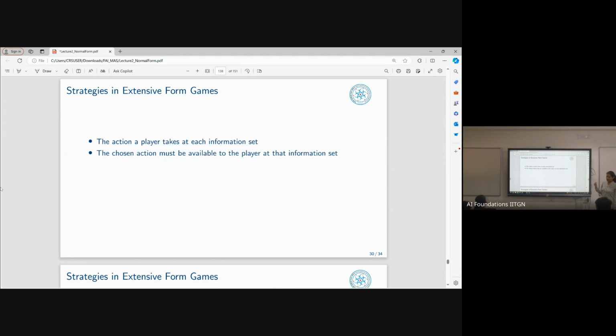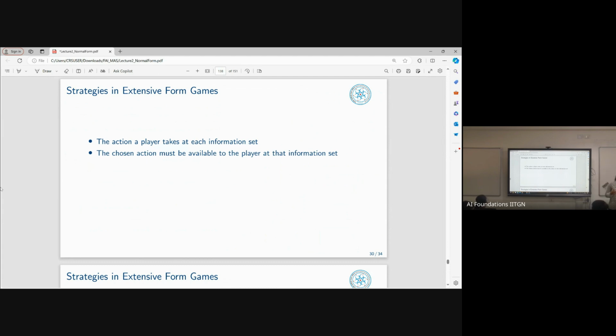So now how do you define a strategy? It is the set of actions that a player takes at each information set. And also the action at an information set should be available for that player to take. So you can have different sets of actions at different information sets. For example, in the entry game that we were discussing, at first it had this action of choosing in and out. And way below, we defined some A1 and A2 and A3. So there are different sets of actions that it has to choose from.